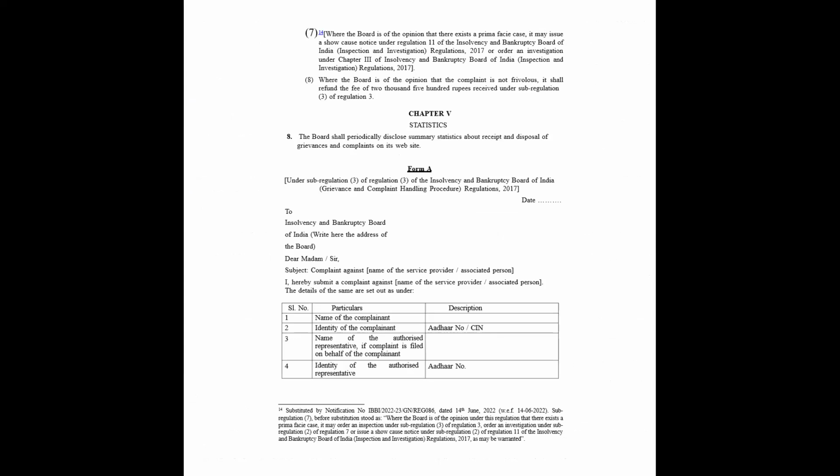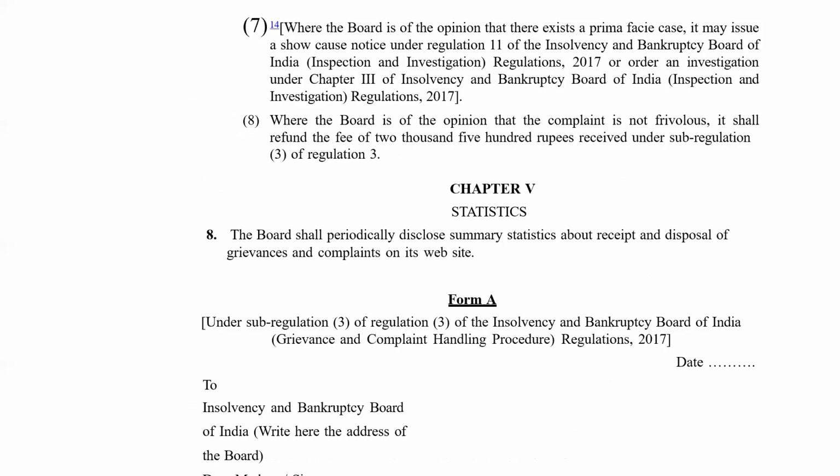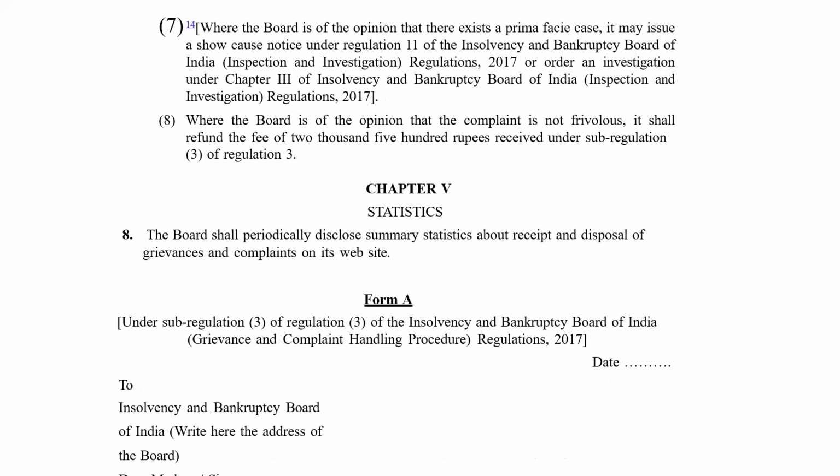अच्छा, और अगर बोर्ड को लगता है कि भैया कुछ वाकई गड़बड़ हुई है, तो फिर वो क्या करेगा, इंस्पेक्शन एंड इन्वेस्टिगेशन रेगुलेशंस में इन्वेस्टिगेशन ऑर्डर कर देगा। And where the board is of the opinion that the complaint is not frivolous, it shall refund the fees of 2,500 rupees received under sub-regulation 3. ठीक है, ये फॉर्म ए है आपका। ये डिटेल्स, इंस्पेक्शन एंड इन्वेस्टिगेशन रेगुलेशंस।